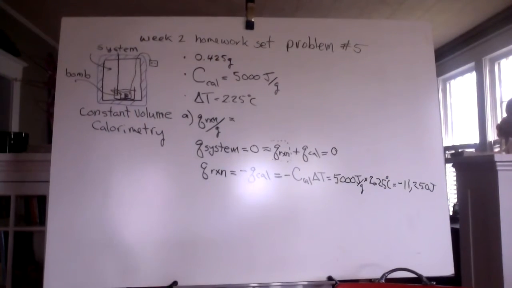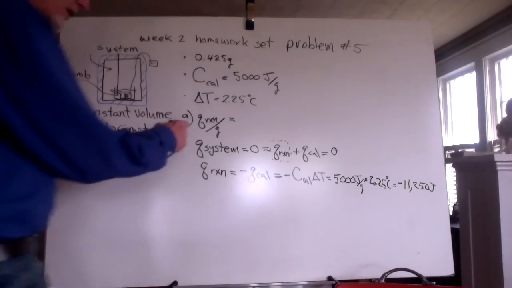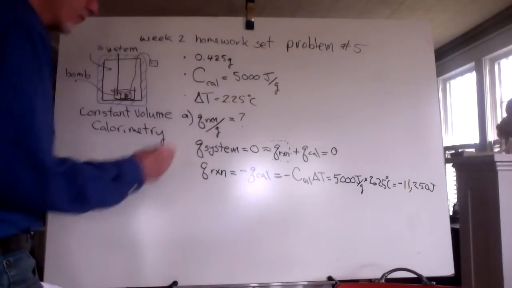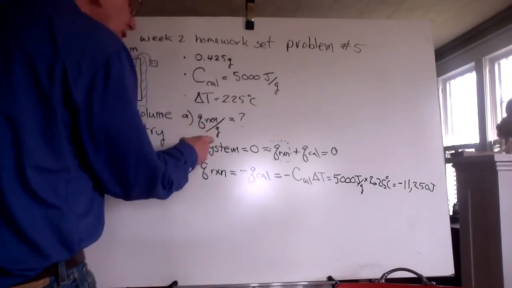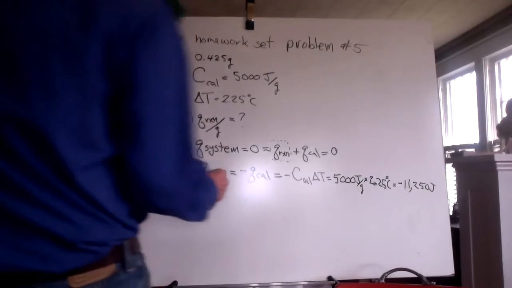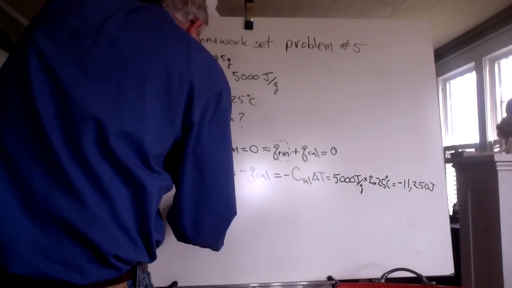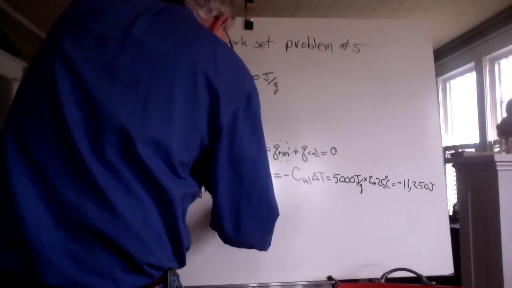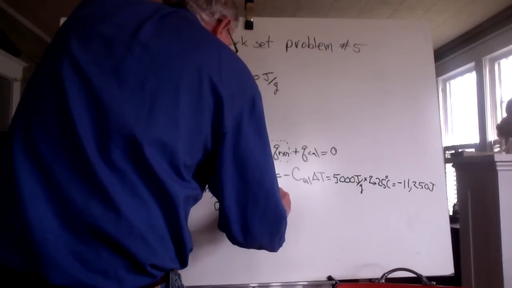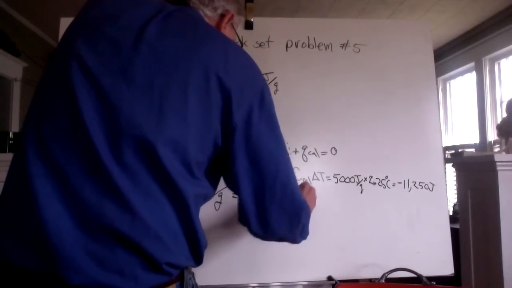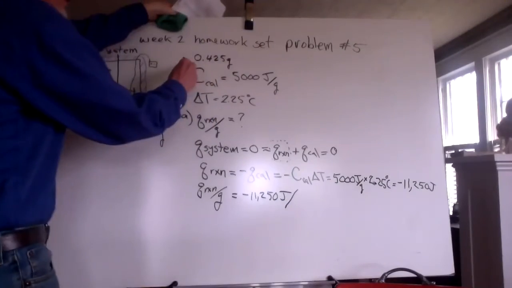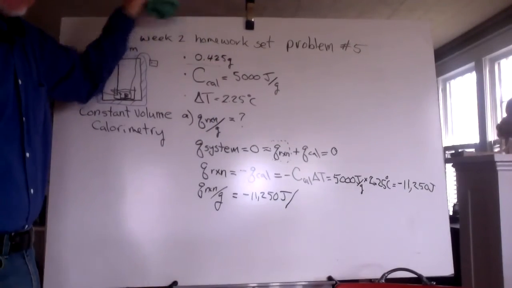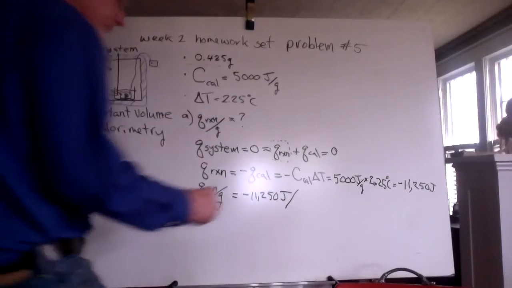And that is the magnitude of heat energy given up by the reaction, associated with the reaction. But that's not what we're asked for in part A. In part A, we're asked to give the heat of the reaction per gram of cereal. So to get Q of the reaction per gram, we just take our negative 11,250 joules and we divide that by the mass of the cereal that we put into our calorimeter, and that was